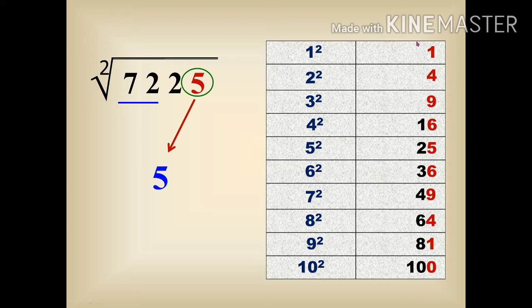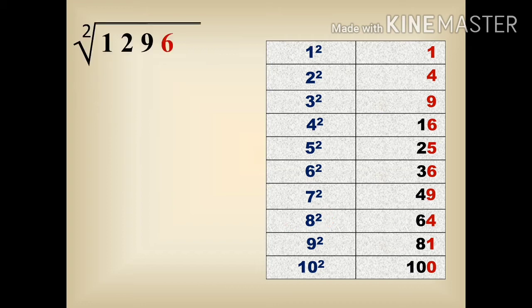Next, we should find where the number 72 falls in the tabular column. The number falls between the range 64 and 81. The lowest range is 64 and the corresponding square root is 8. So the answer will be 85. Now the square root of 7225 is 85. So let's solve two or more problems so we can get a clear idea about this.